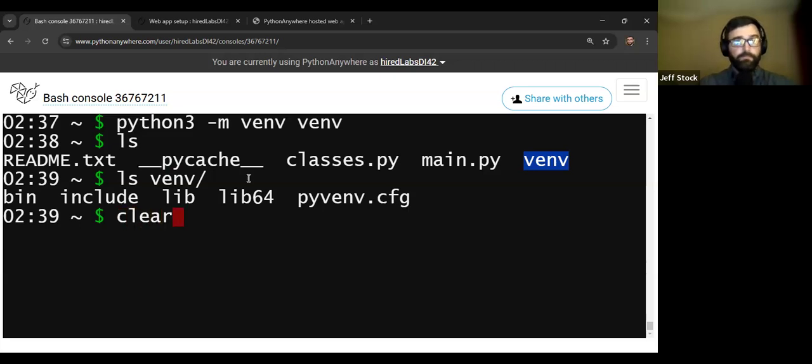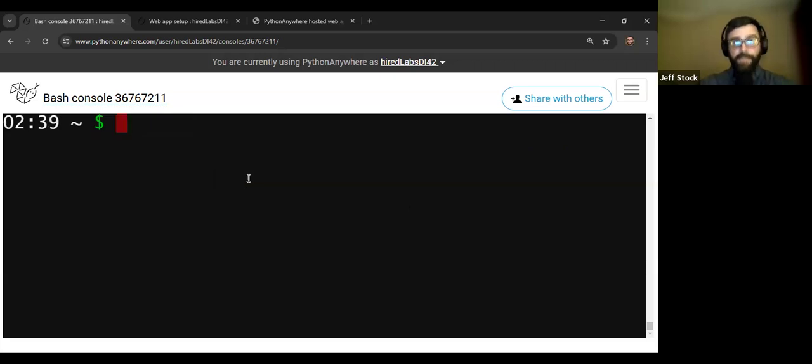All right, so I'm going to clear this up. Now I'm going to show you how to activate and deactivate this to get inside and outside of our virtual environment. So what we're going to do is source, because we're using Linux. This is how you do it in Linux. If you're doing Windows, it's a totally different way of doing this. I won't even know what it would be. But we use source, and it's going to tell our terminal what sources to use. And then we do the name of our virtual environment. And again, I'm using tab complete. So source space, name of the virtual environment, bin, and then activate. And what this is going to do is turn on